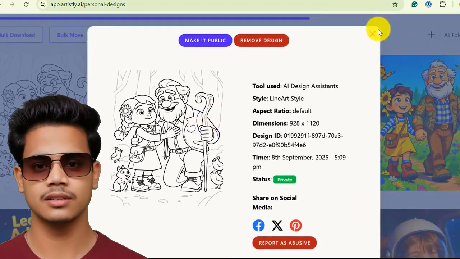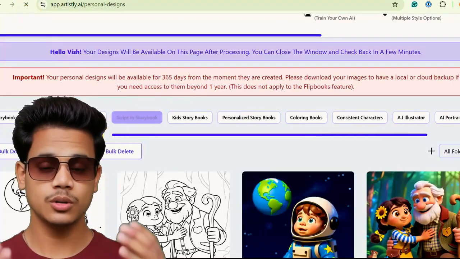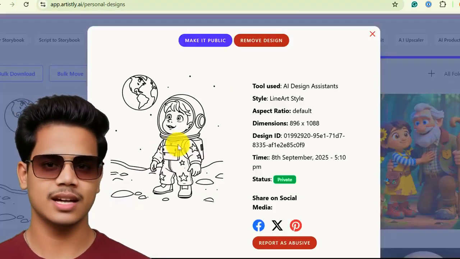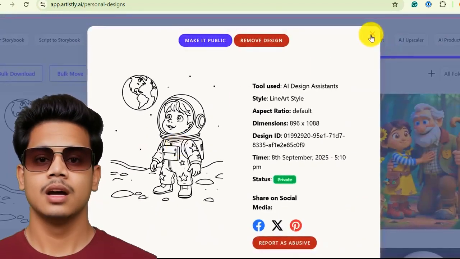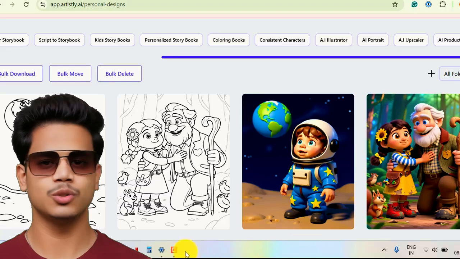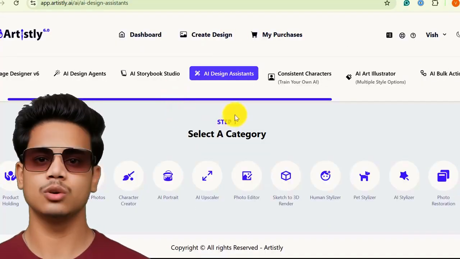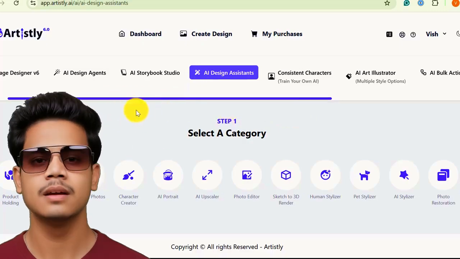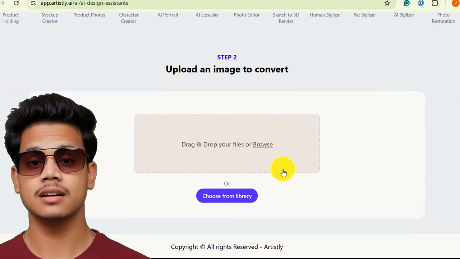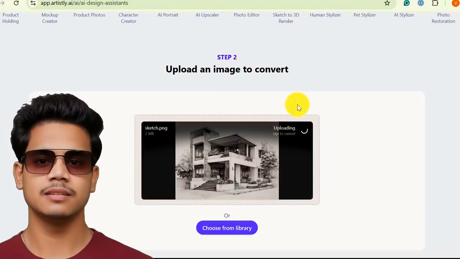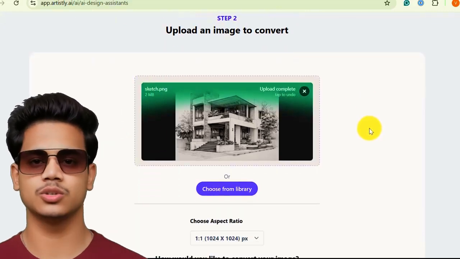Artistly 6 also brings a suite of powerful updates designed to streamline professional workflows. We know many of you are architects, interior designers, and real estate professionals. You start with a concept, a rough sketch, turning that sketch into a compelling visual used to take hours of complex 3D modeling. Now it takes seconds. Just upload your hand-drawn floor plan or a rough concept sketch, and Artistly 6 will transform it into a photorealistic 3D render complete with realistic lighting, textures, and furniture. It is the fastest way to bring your architectural vision to life.